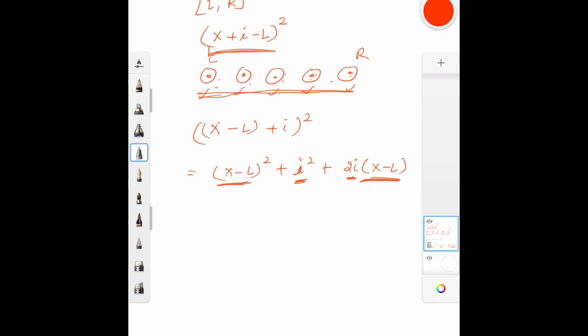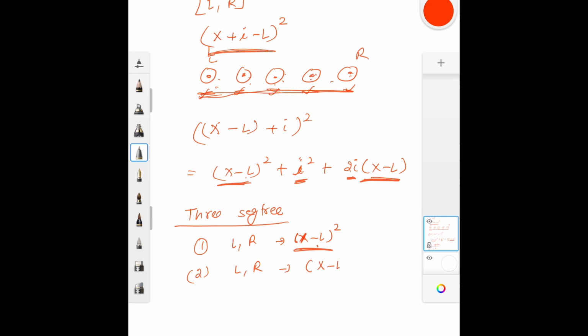So now what do I do is, I create 3 segment trees. What do I want from those 3 seg trees? First seg tree, as soon as I say L to R, that will be the standard one, L to R, and I will say add (x minus L) square. So it will always have the (x minus L) square component for each of the indices, right? Similarly, I will have another segment tree to which I will pass x minus L. This one, x minus L, not the 2i part, because that will be different for each, but in all L to R I just add x minus L, that's it, then I'll take care.